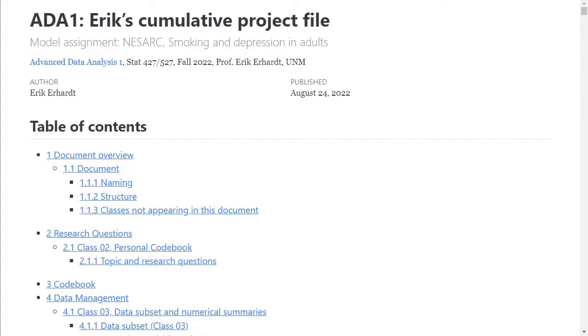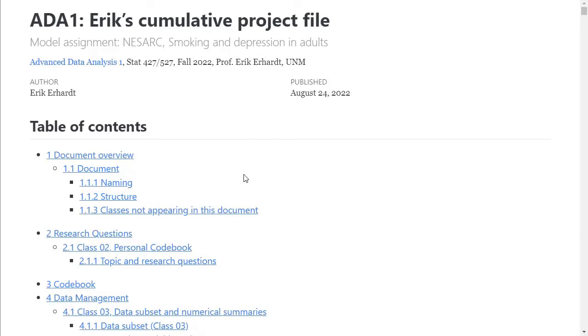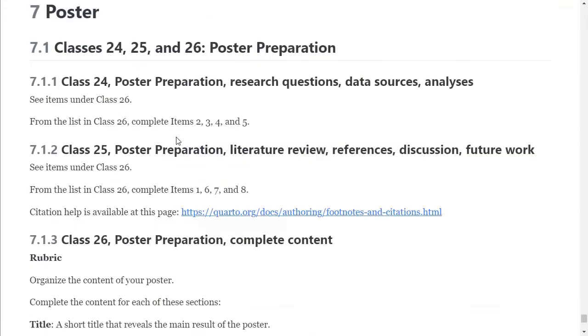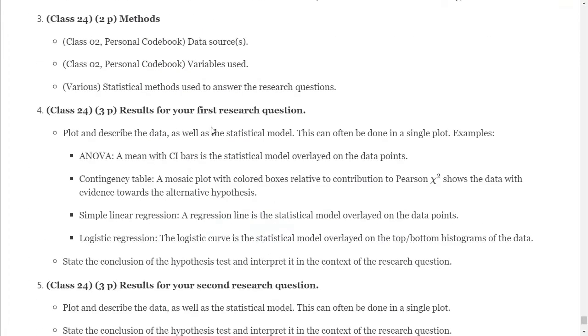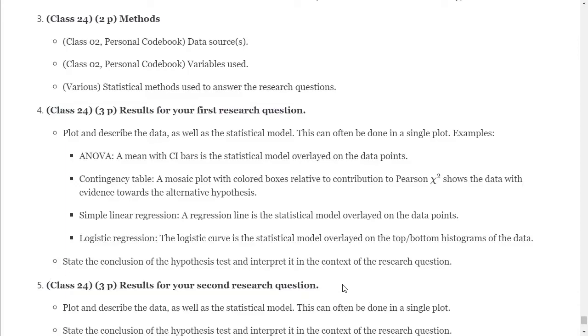All right, let me go over to my project file. This is what I ran earlier, and this will be updated once my RStudio finishes. And we're going to go down to our poster section. I have the same template as the outline, so I've decided to start right where you guys are starting. We want to pull in two analyses, one in the first research question area and one into the second research question area. Okay, so now I just need to remember what the two analyses are that I want to pull in. So let me search for